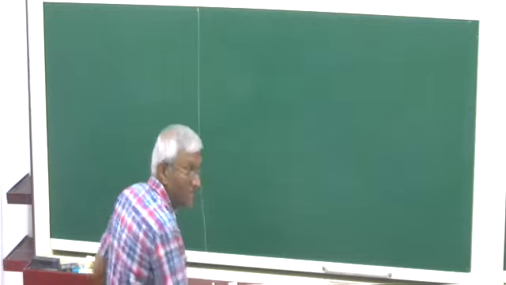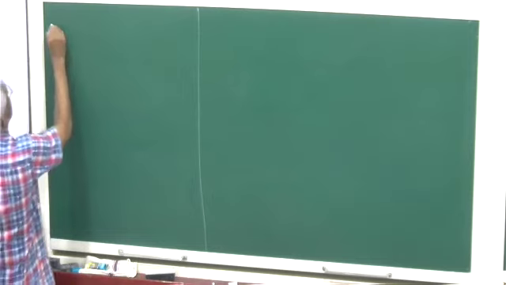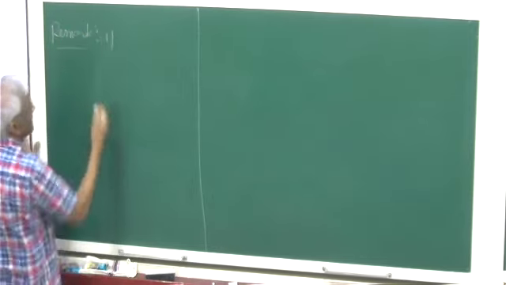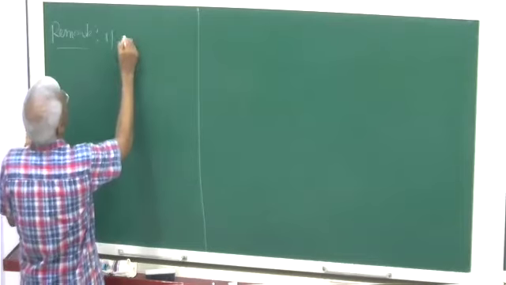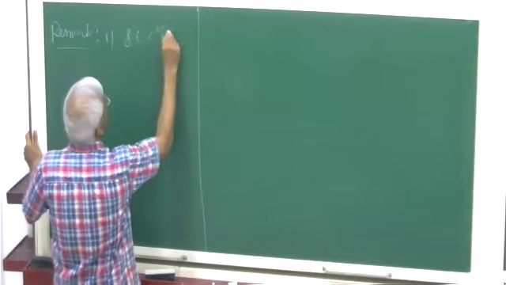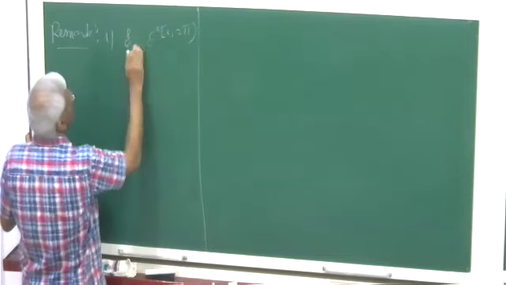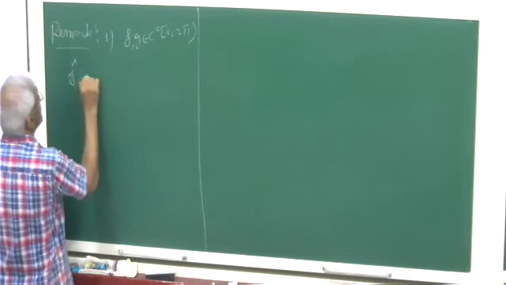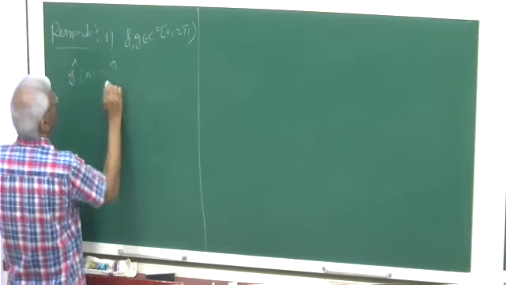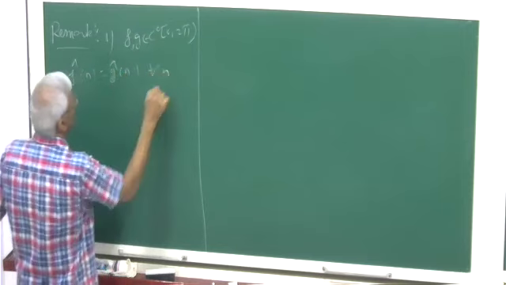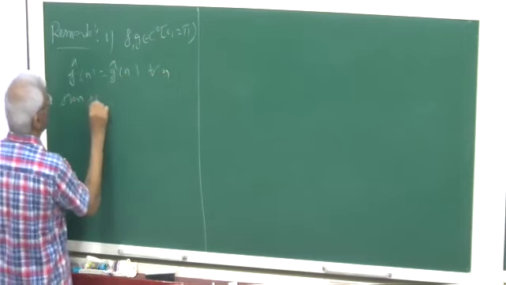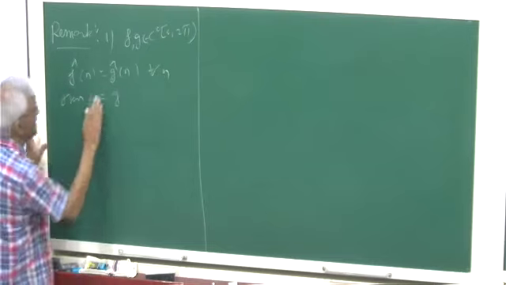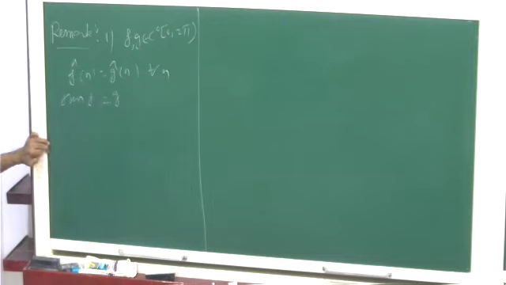Before that, take some remarks. First one: if f and g are functions in C of 0 to 2 pi, and their Fourier coefficients f hat of n equal g hat of n for all n, then f equals g. That is, f of t equals g of t, as far as they are the same. Reason: